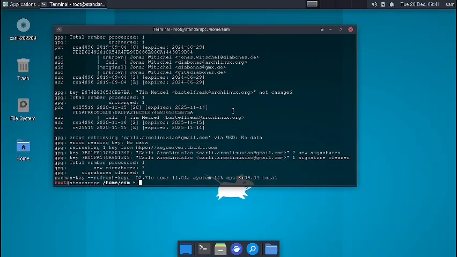Okay, so the refresh keys command has completed the execution. It took around 52.71 seconds. I think it took more than what is shown on the screen. So now what we should do is come out of the root. So we have to log off from the root session in the terminal. For that you just have to close the terminal,